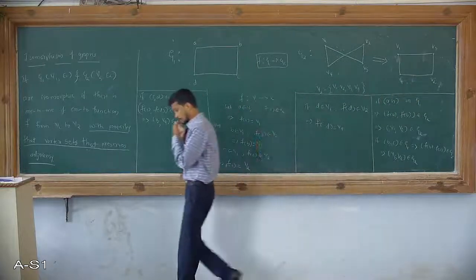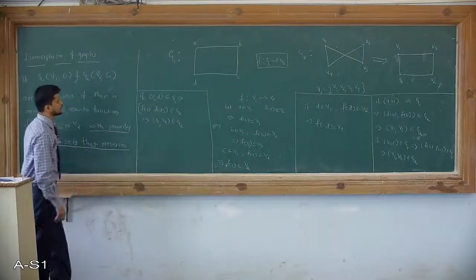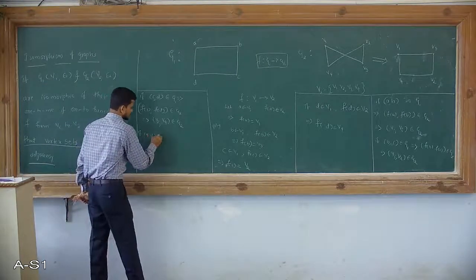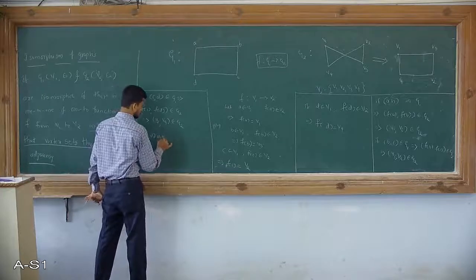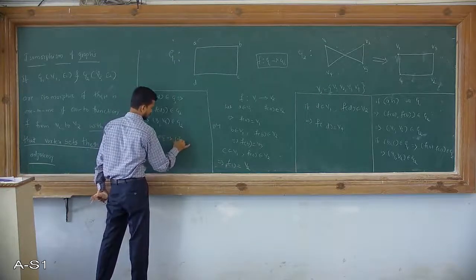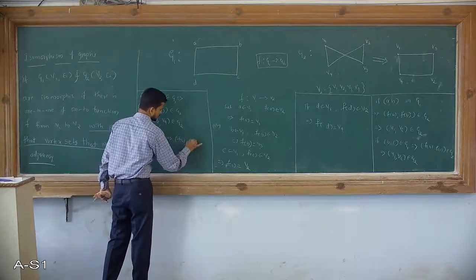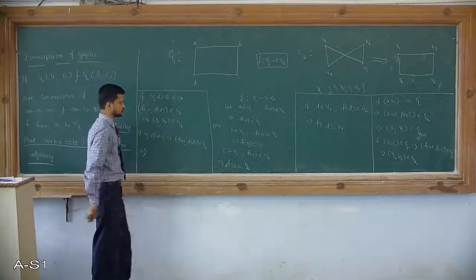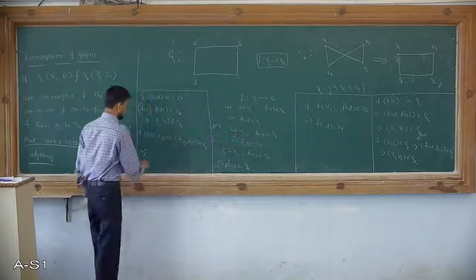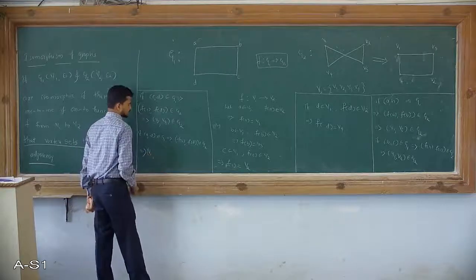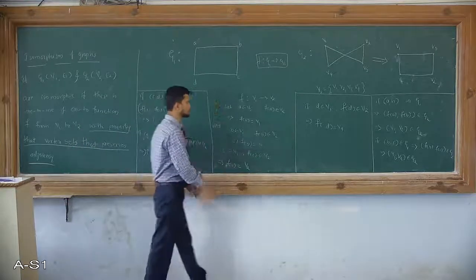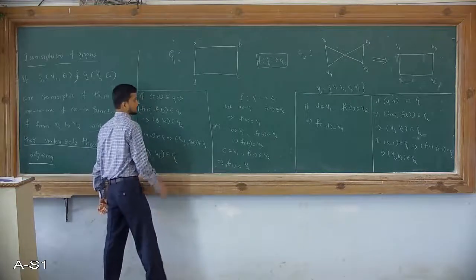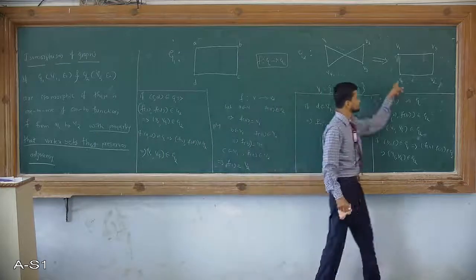I will take one more last line, that is A comma D. If A comma D belongs to G1, which implies f of A, f of D belongs to G2. What is f of A in this definition? f of A I have defined as V1. What is f of D? f of D I have defined as V4, which belongs to graph G2. So V1 and V4 are adjacent in this graph. Yes, V1 and V4 are adjacent.